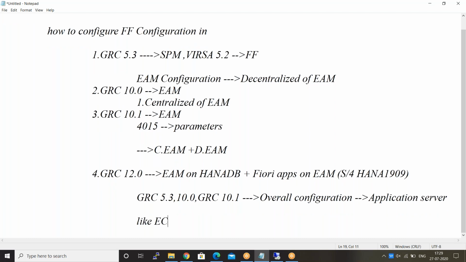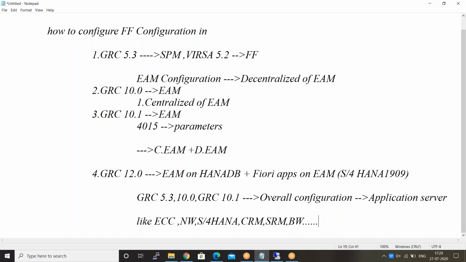Like the backend will be an ECC system, the backend will be on the plugin system, NetWeaver system, the backend will be on the S/4 HANA system, backend is CRM, SRM, and BW system, and so on. As a security or GRC consultant, I'm purely working from an application perspective of security. I'm not working on any database previously.